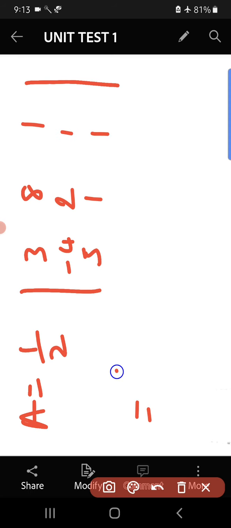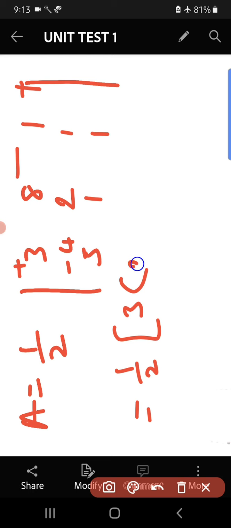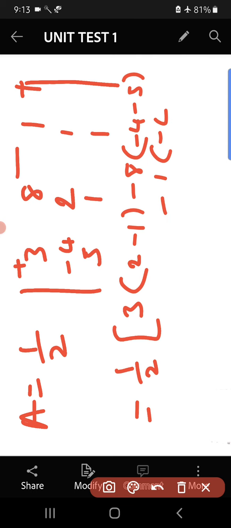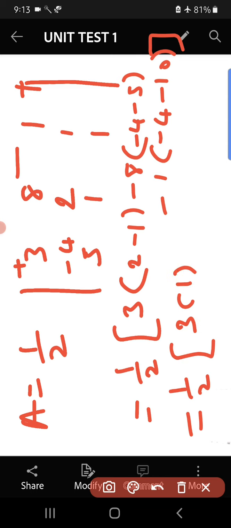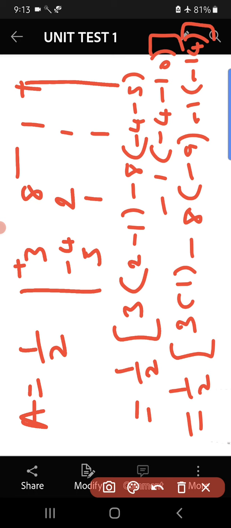Okay, let us expand this. See, half into, so let us expand it along the first row, plus minus plus. 3 into (2 minus 1), minus 8 into (minus 4 minus 5), minus 1 into (minus 4 minus 10). So let me keep half as it is. 3 into 1, minus 8 into minus 4 minus 5, that is minus 9, minus 1 into minus 14.